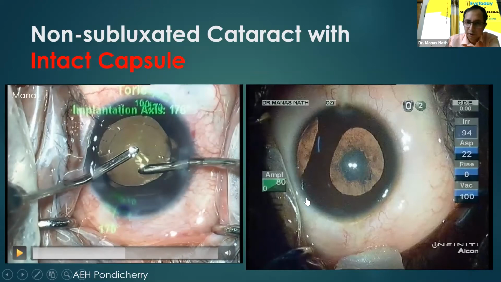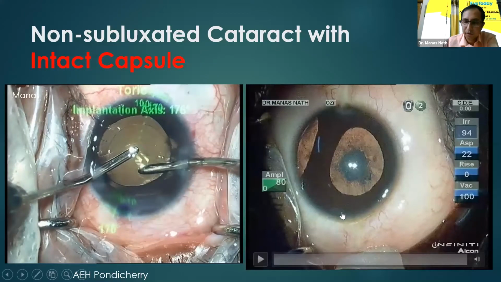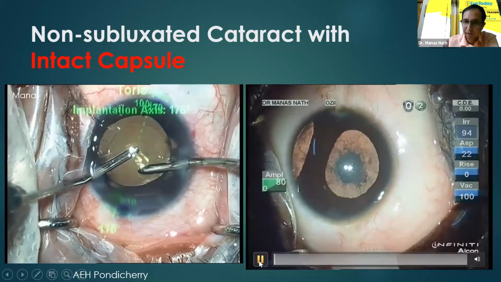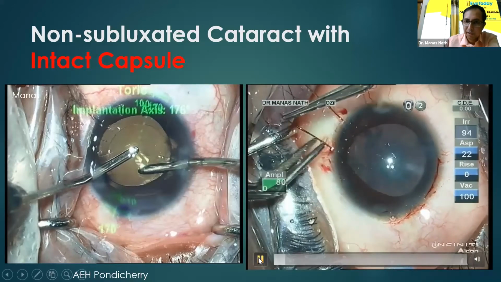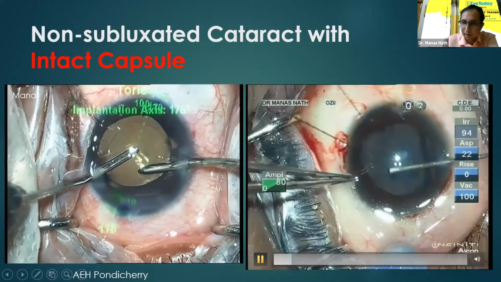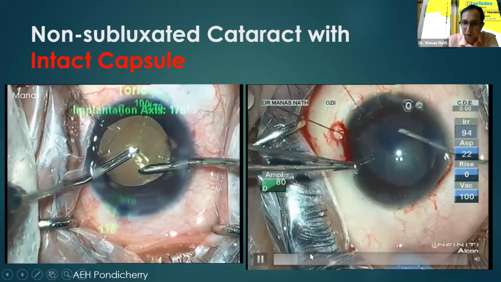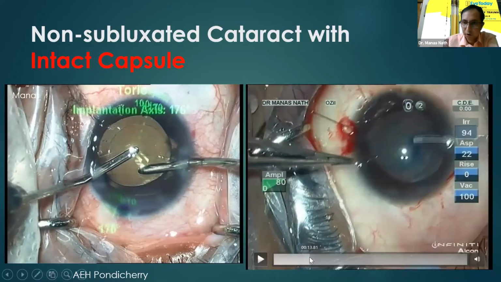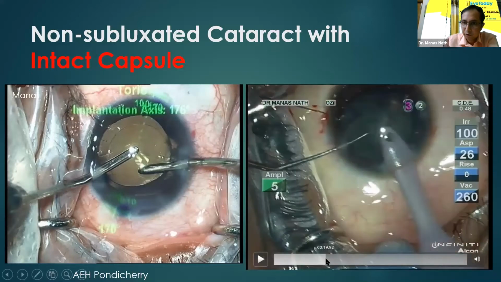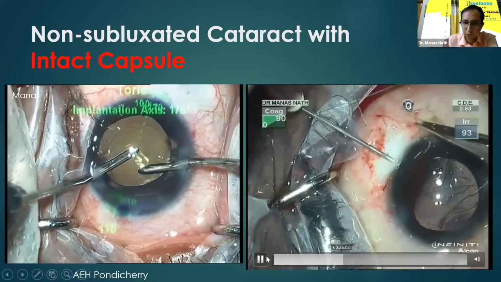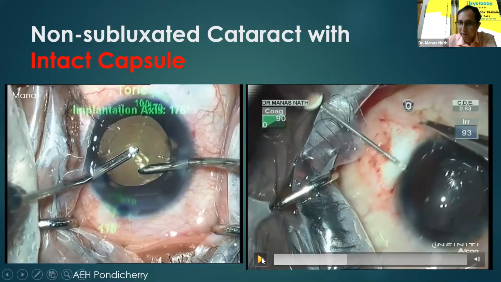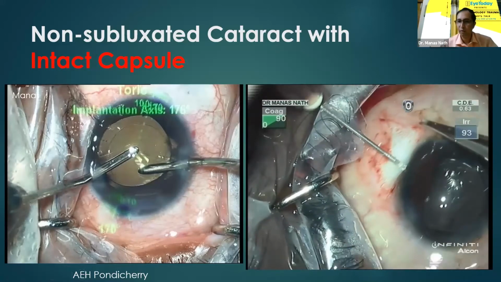So second, this is a case of traumatic cataract with traumatic iridodialysis of around 2 to 3 clock hours. So I'm proceeding with placing the iris hooks so as to prevent the iris from coming into the operating field, and then the phaco will be routine because there is no subluxation or posterior capsular defect. Cataract was soft, so I am just emulsifying with low parameters. Once it is done, the IOL is being placed. Now it's time to repair the iridodialysis.